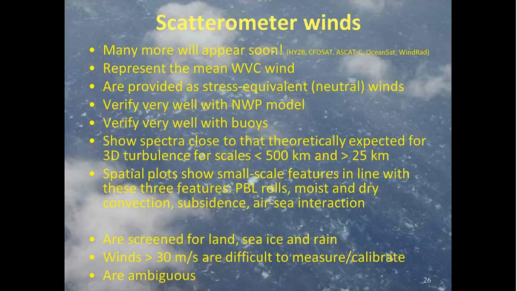So for spectrometer winds, you can say that many more will appear soon. We have HY-2B, CFOSAT, ASCAT-C, and we'll get OceanSat and WindRad in 2020, so we'll get many more of these data. They represent a mean wind vector cell wind, and they are provided as stress equivalent neutral winds, and can be treated for nowcasting purposes as normal winds. They verify well with numerical weather prediction models and buoys. Also the spectra look close to what we expect for 3D turbulence, for scales down to 25 kilometers. And also in spatial plots you see these small scale features, and you see that they align with moist convection, for instance, and other